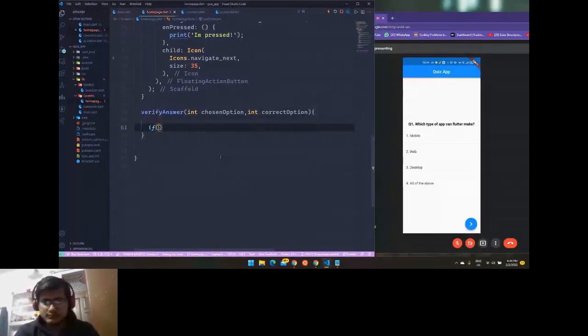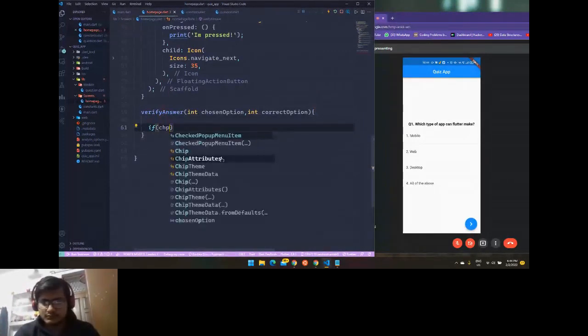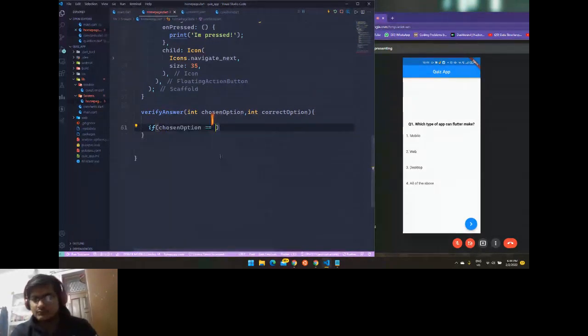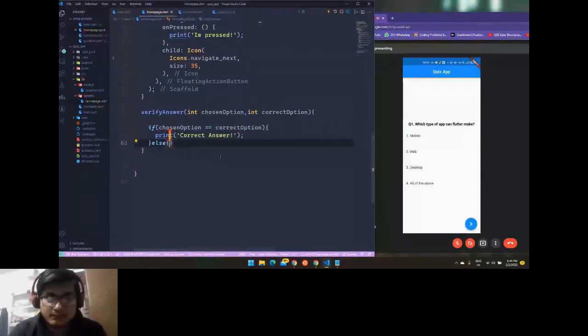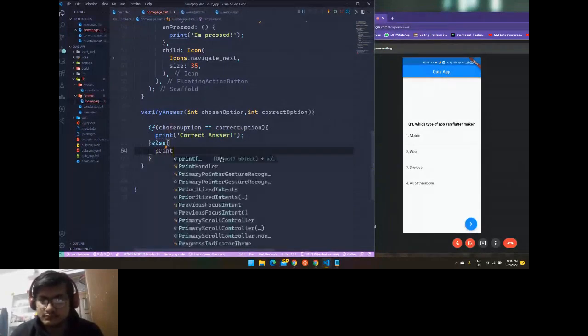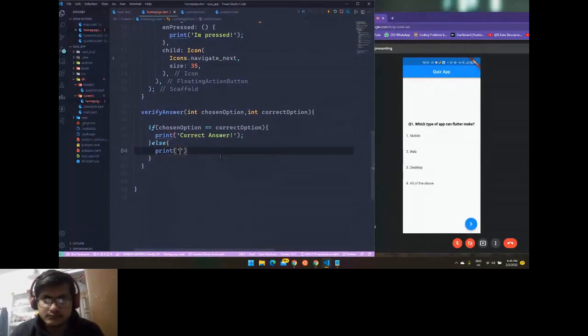So what does that do? If chosen option is equal to the correct option, if this is equal to correct option, then I will print correct answer. Okay, I will print correct answer. Else, if it is not equal, if the user chooses something like some wrong option, then let us print wrong answer. Okay,